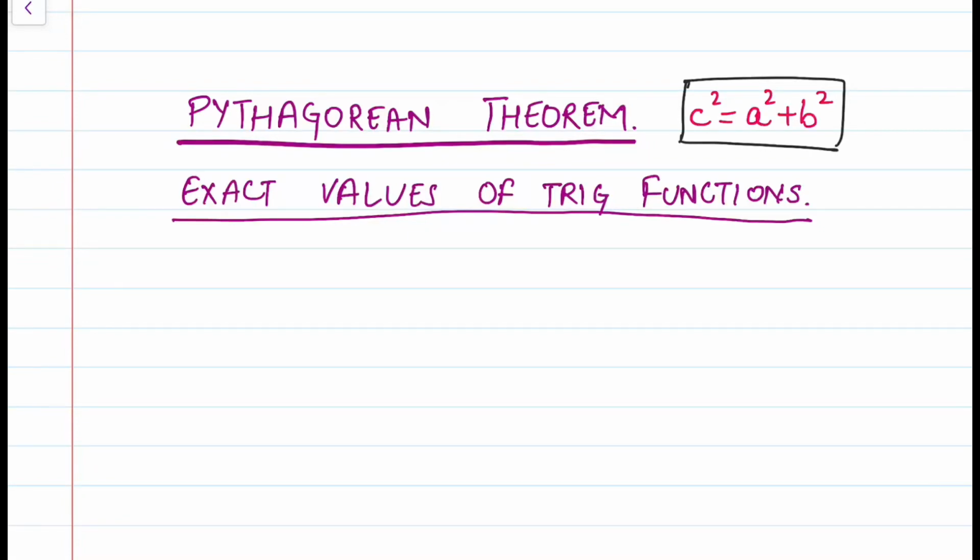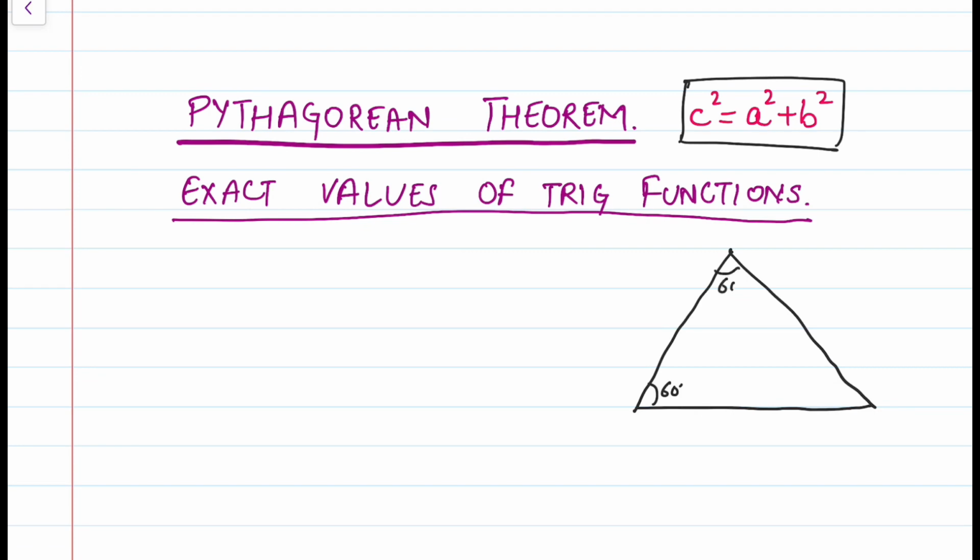Hi guys, so today we'll be doing Pythagorean theorem in trigonometry to find the exact values of trig functions, right? So let's start with an equilateral triangle. So let us suppose we have an equilateral triangle and we know that all the angles of an equilateral triangle